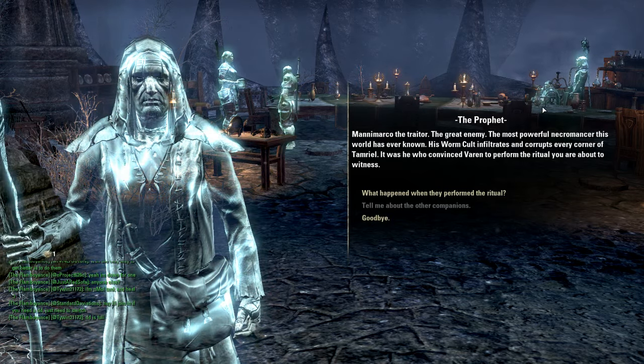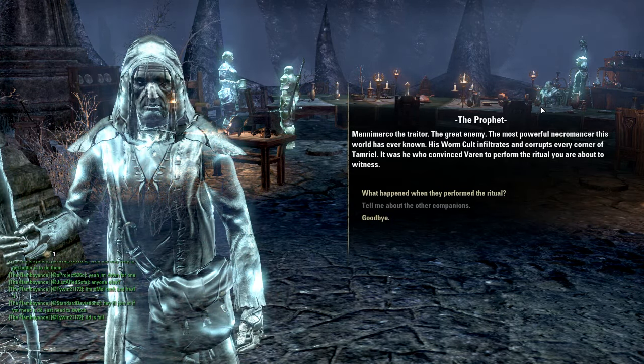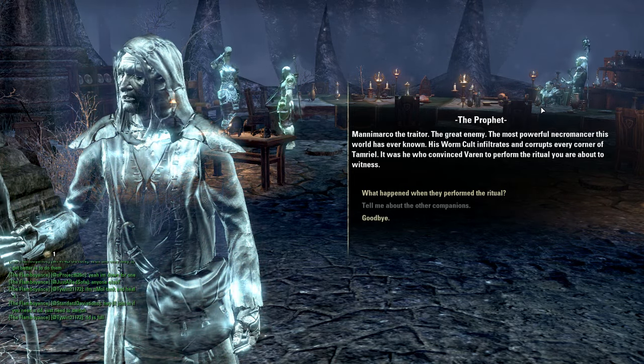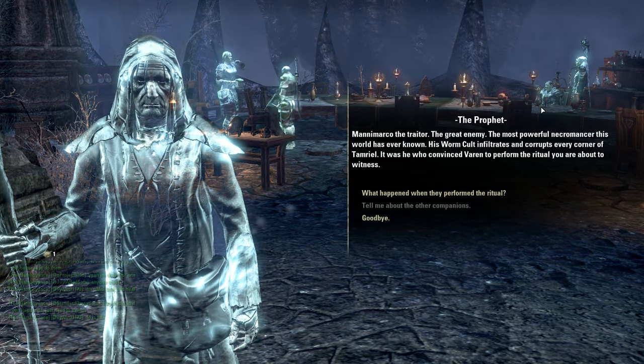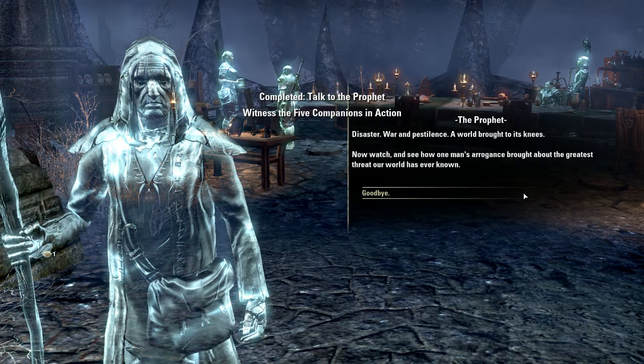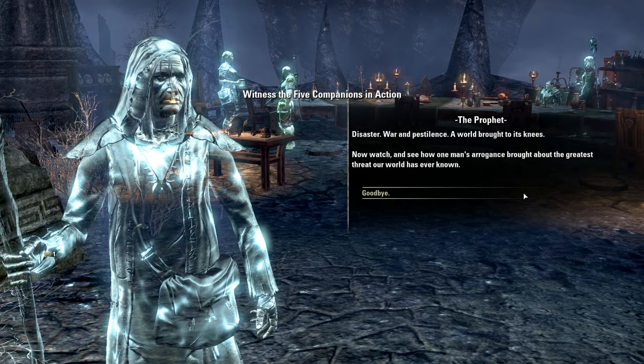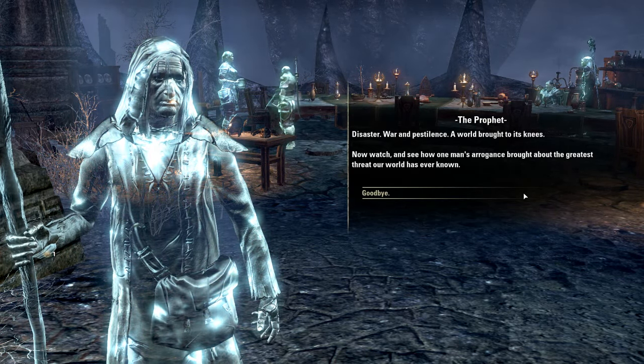Manimarco the traitor, the great enemy, the most powerful necromancer this world has ever known. His worm cult infiltrates and corrupts every corner of Tamriel. It was he who convinced Varen to perform the ritual that brought disaster, war, and pestilence, a world brought to its knees. Now watch and see how one man...